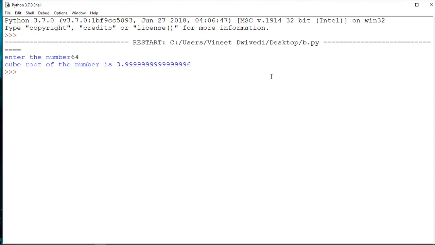Because 64 actually has the cube root as 4 only, but the value you get with this particular instant is approximately equal to 4. 1 by 3 cannot be directly treated as a number there. 1 by 3 is actually a decimal number, so it will produce 0.33333. Accordingly, with that power, it has produced a result like this. So you can check it with any other code also.